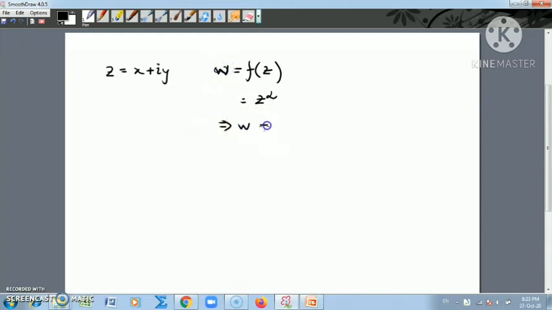So w is equal to z squared, meaning x plus iy whole squared, which is equal to x squared